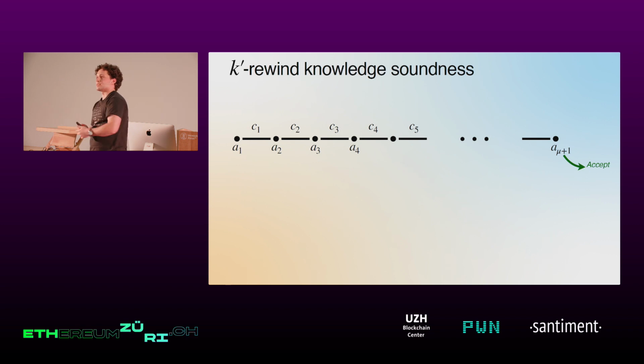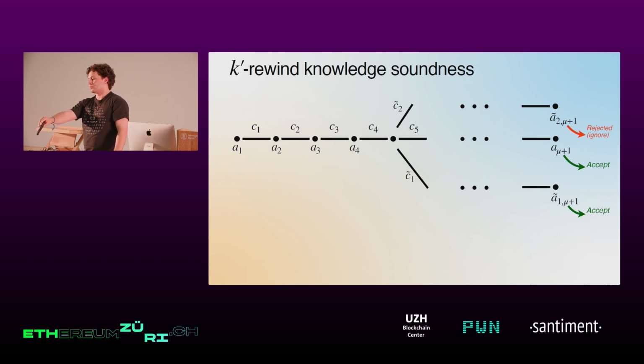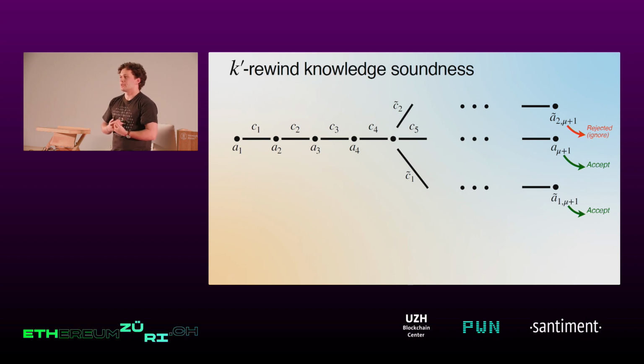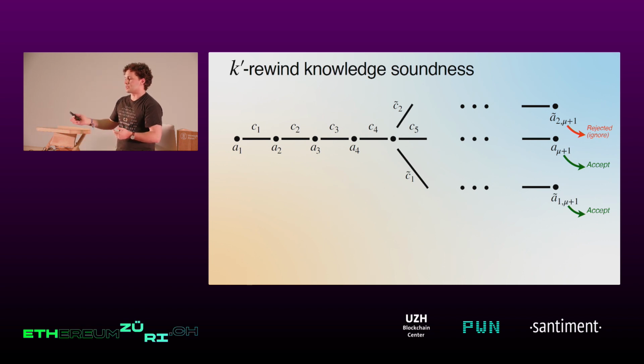In particular, this one is accepting. The verifier accepts this instance. So what I can do is rewind to the point shown on the screen, and I can actually choose other challenges to see what the prover does. And here, when I chose this other challenge, C1 tilde, the transcript was actually accepted at the end. But when I chose C2 tilde, then the transcript was rejected.